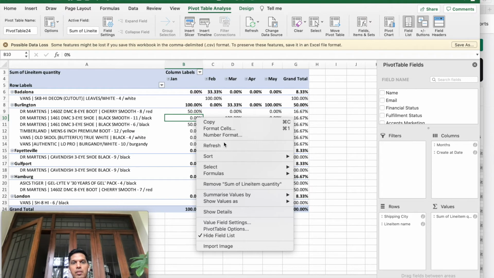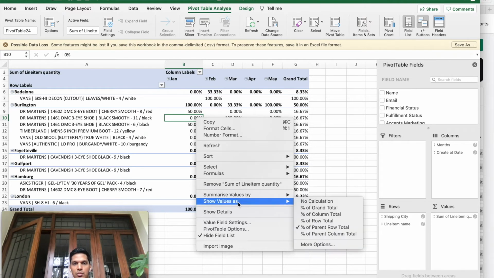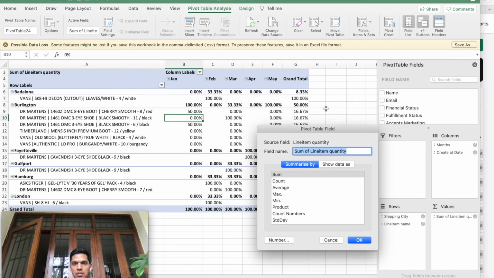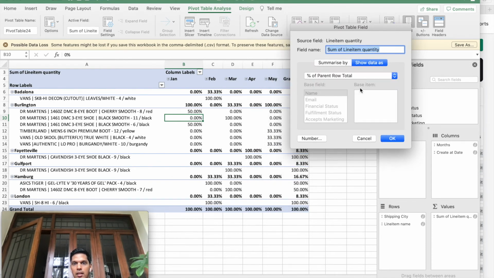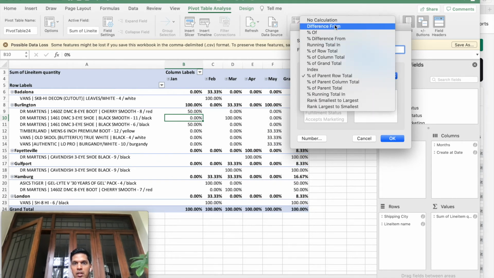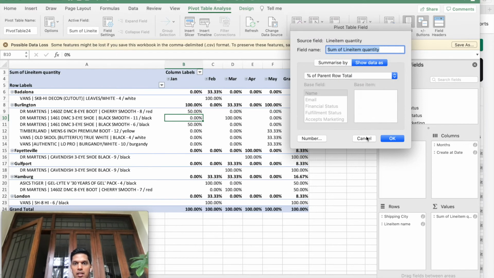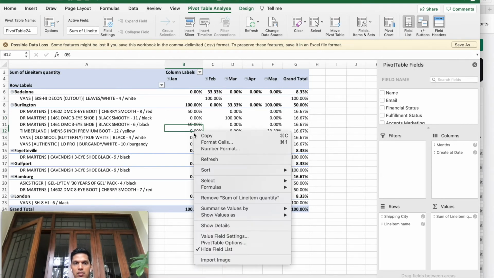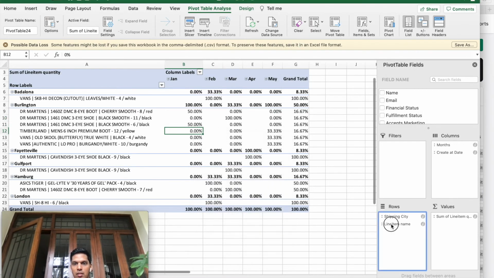So let's look at what else we have here. We can show values as more options and click on show data. And we can also check the difference from, we can check the rank smallest to largest, rank largest to smallest. Let's rank by largest to smallest. But before that, let me remove the nested columns.